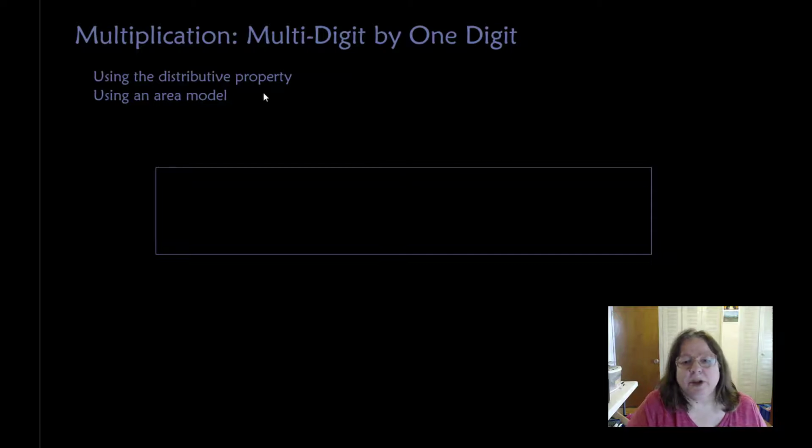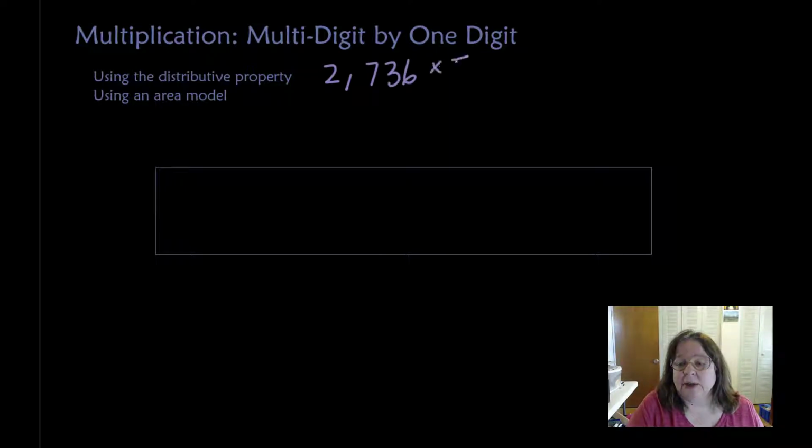Today we're going to look at multiplication with multi-digit by one-digit numbers. So we have the choice of using the distributive property, using an area model, and hopefully we'll see how those two relate as we continue. Let's try the problem. Let's try